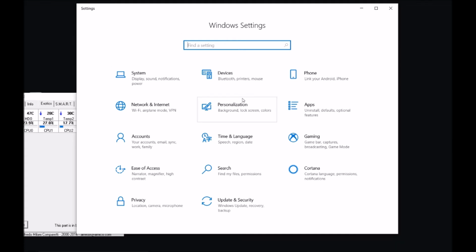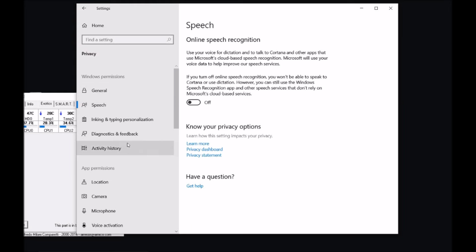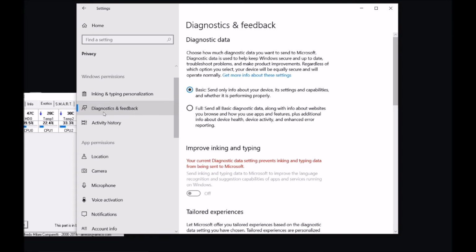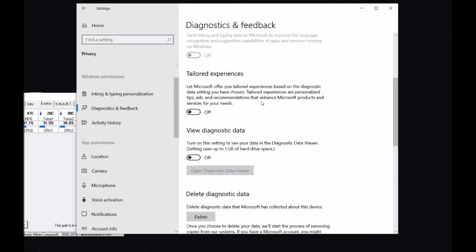From this main settings page, go to the privacy, and you may just check all these items here, but I think what's perhaps even more important is diagnostic and feedback. This is what Microsoft is taking from your browsing experience and is using for their data and so on. We really don't have another option than basic and full, but you also have this tailored experience.